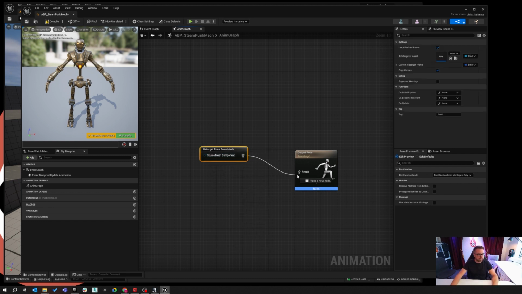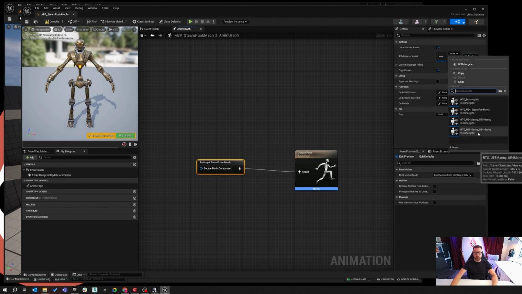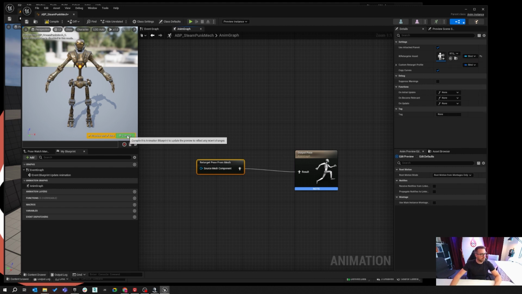Take this. We're going to plug that in, and then once we've got it selected, the asset we're going to choose here is going to be our retargeter. Now we've got retargeters that Unreal's given us, UE4 to UE5, UE5 back to UE4. So if you want to do any sort of conversion, you could do that. But we're going to do RTG UE4 to Steampunk mech. And I'm going to compile, save it,